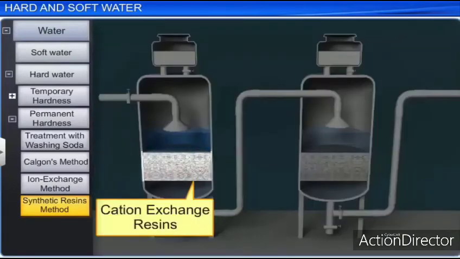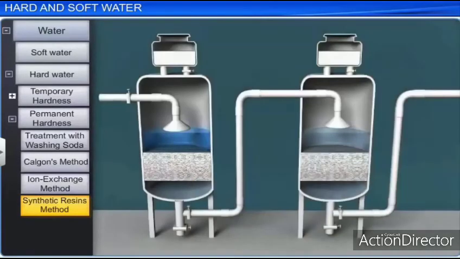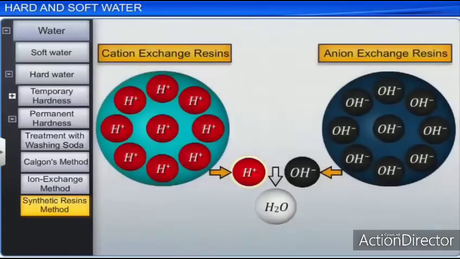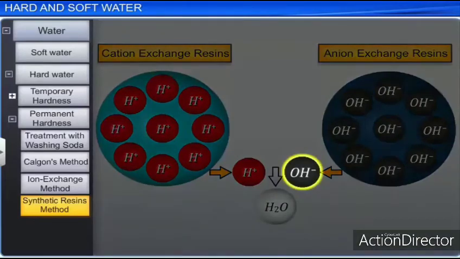Cation exchange resins contain larger organic molecules with groups such as SO3H or COOH that are water insoluble. They exchange their H+ ions with the cations in hard water. Anion exchange resins contain organic molecules with groups such as NH3OH that exchange their OH- ions with the anions present